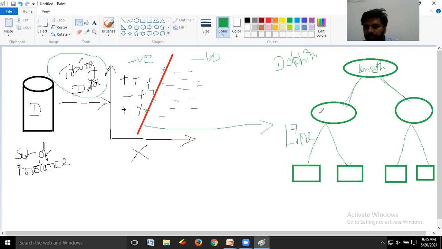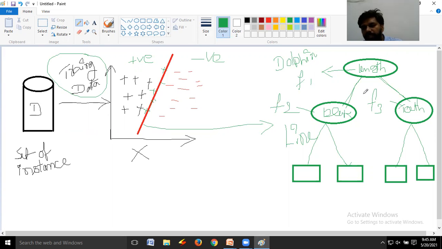And next we are considering maybe a beak. In this branch we are considering teeth, etc. To construct a tree model, we are using features of the instance. Length is one feature. Here F1 indicates feature 1, F2 indicates feature 2, F3 indicates feature 3. How many features are we considering in this decision tree? Here we are considering 3 features.